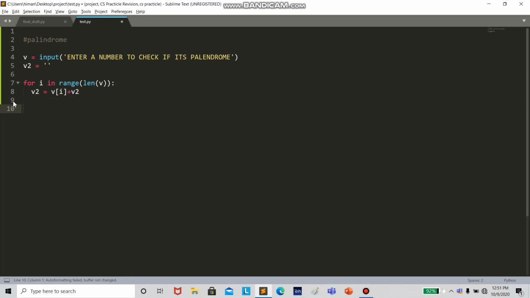In this we don't have to take a variable which would be assigned the v value. We don't have to take a v3 which would be equal to v, as we are not changing the value of v, as we are not moving the elements of v. So we don't have to take that, unlike what I did in my recent video. I have to write if my v2 is equal to v, print